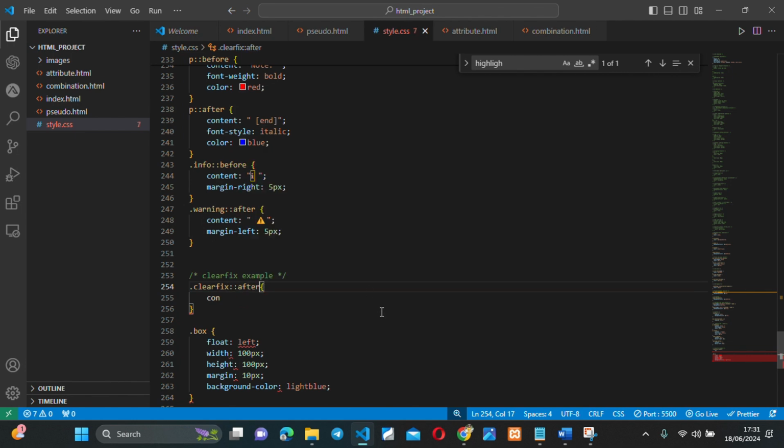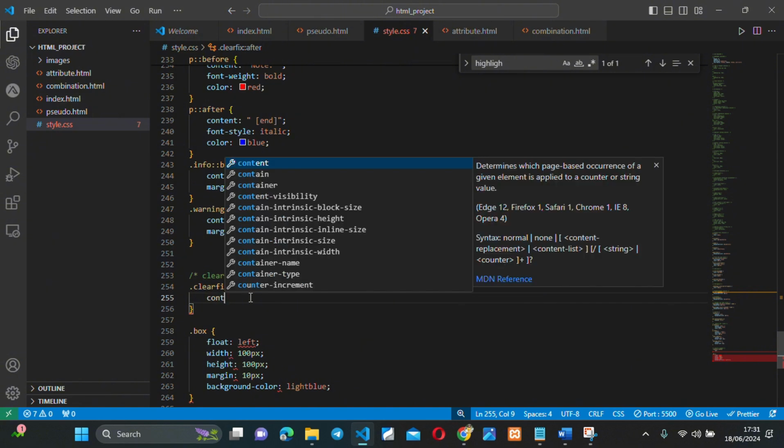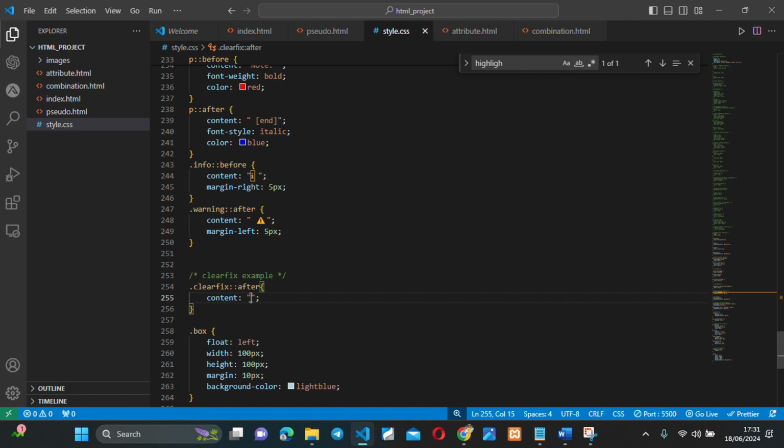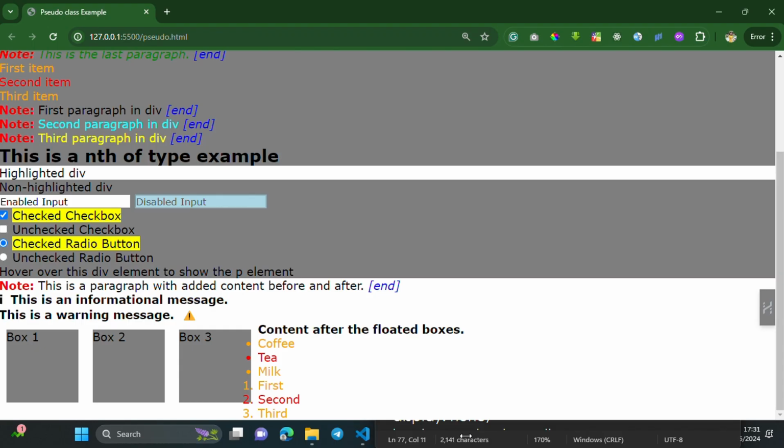The correct syntax is clearfix after. That's after the float. What should happen? What should you see next? We want the content to be empty. We're setting it to be an empty string, meaning after the clear,